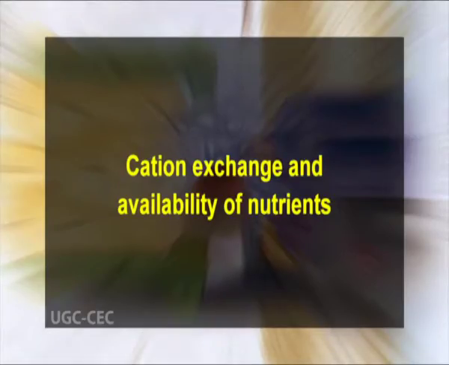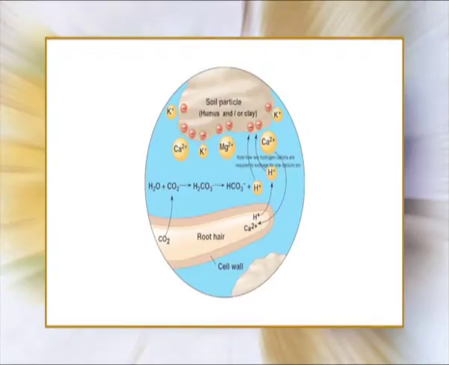Cation exchange and availability of nutrients. Exchangeable cations generally are available to both higher plants and microorganisms. By cation exchange, hydrogen ions from the root hairs and microorganisms replace nutrient cations from the exchange complex. The nutrient cations are forced into the soil solution, where they can be assimilated by the adsorptive surfaces of roots and soil organisms, or they may be removed by drainage water. Several factors operate to accelerate or retard the release of nutrients to plants.